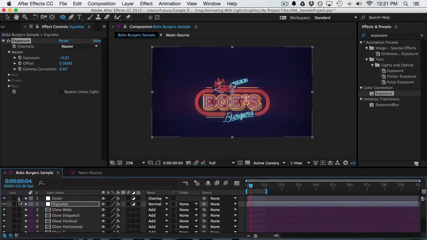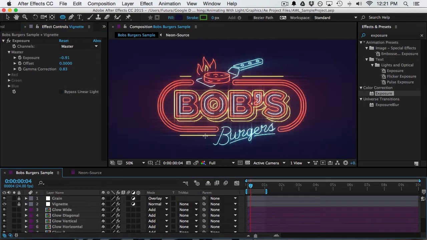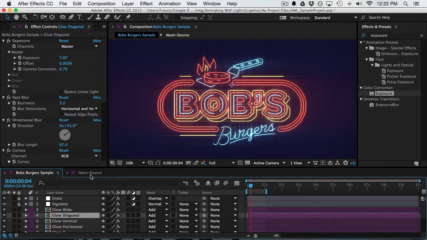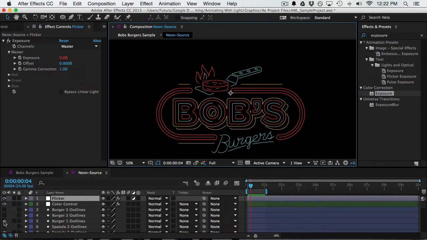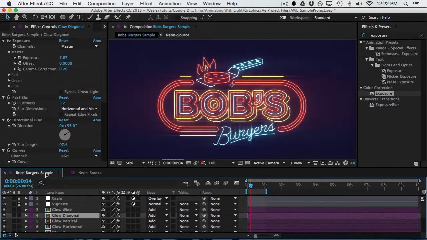I'll go ahead and lock these two layers so I don't accidentally adjust them. Right now, all of my lights are turned on, but once we get to the animation, the lights are going to be turning on and off. If I were to go into my source comp, and then turn off a couple of the layers, then come back into my main comp, those bulbs completely disappear. I don't want them to disappear though,